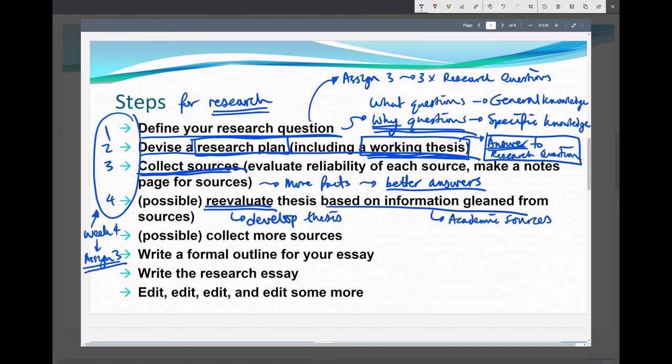Again, you can keep going even after the proposal. So this is week 5. You can collect more sources, maybe to develop your argument. So those are your body paragraphs.